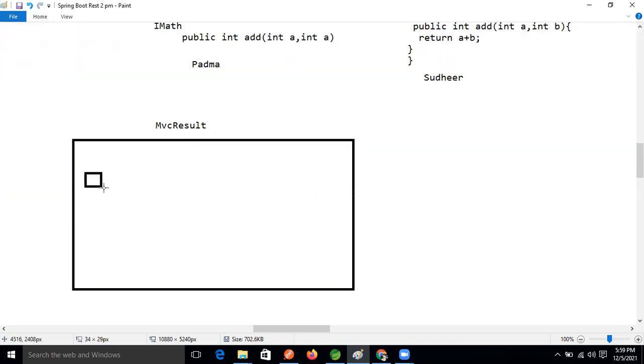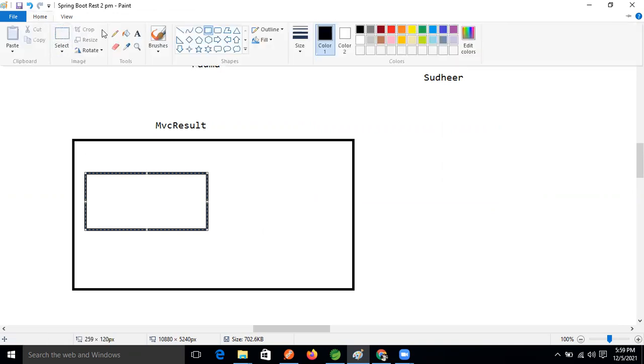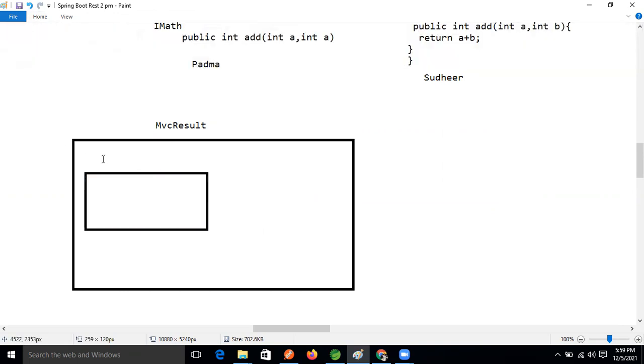Now one method is there where we will get the response object. That class object name is MockHttpServletRequest.